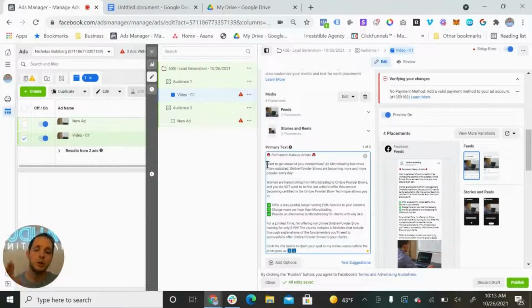So that's what we did. We wanted to hit that pain point, and then we wanted to give them a reason as well to get the service. Then we give them a little bit more education. Women are transferring from microblading to ombre brows, and you do not want to be the last artist to offer this service. Become certified in ombre powder brow technique allows you to, and then you highlight what's good about the